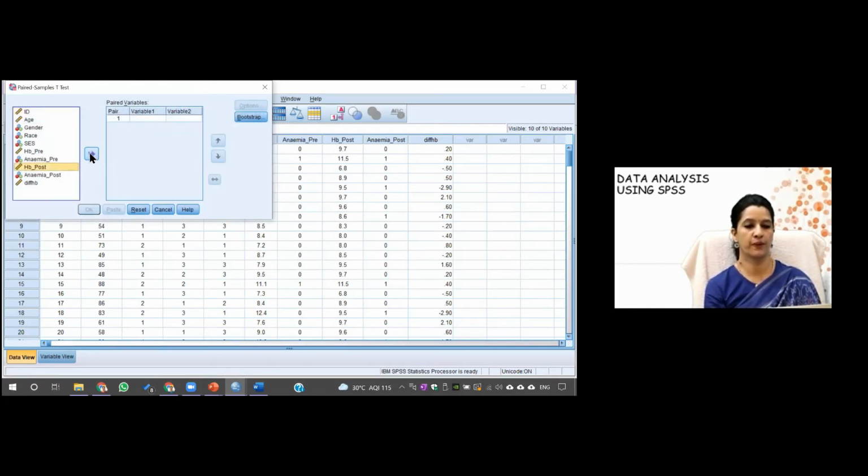You should move pair 1 here and pair 2 at this place. Once you enter this variable here, the second thing opens up, so you can test more than one pair of variables in this case. And then in options, you don't have to do anything, just press OK.